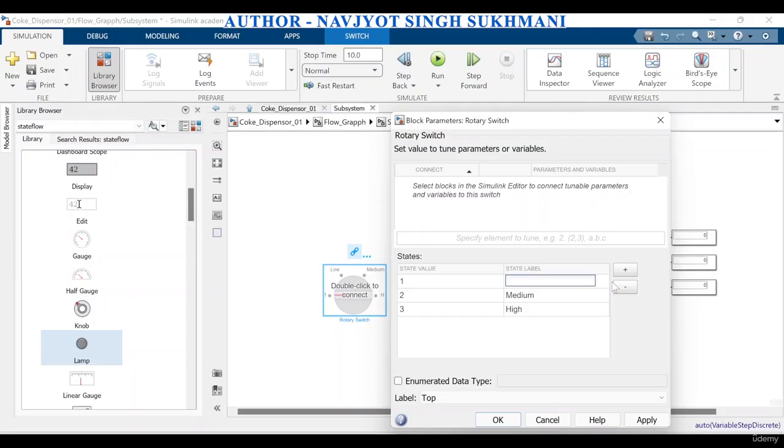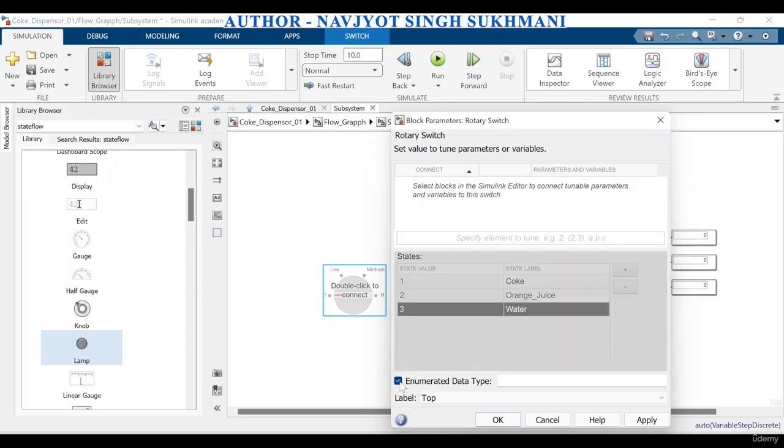If value 1, then Coke. Value 2 for orange juice. And value 3 for water. Okay, and here I'll connect this switch to the